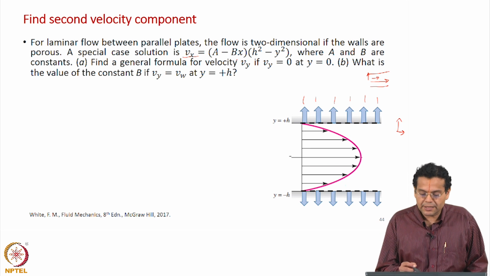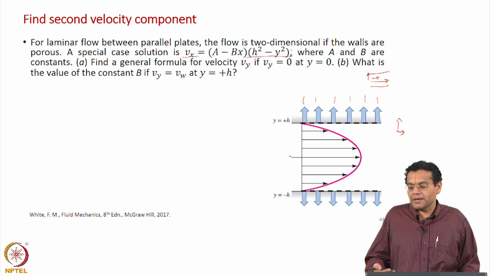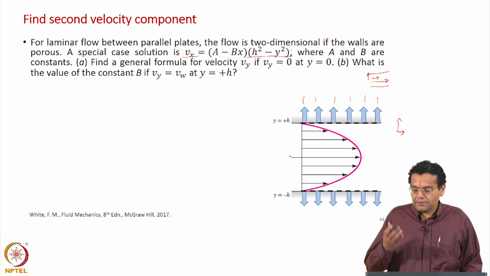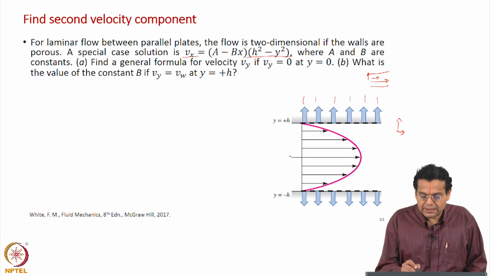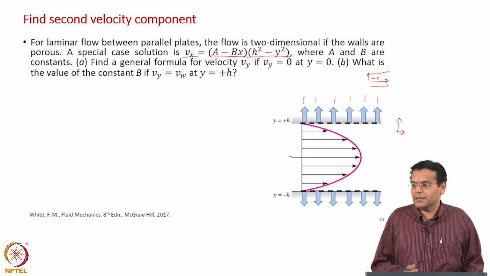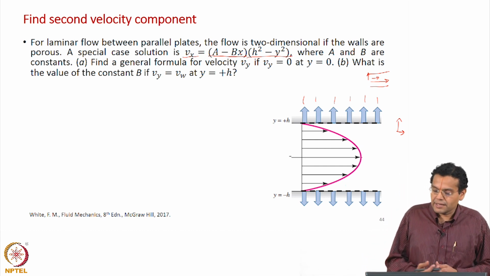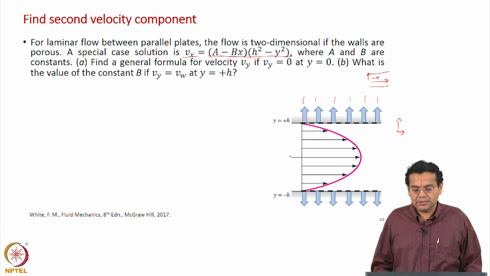Look at the expression, it has 2 terms, h squared minus y squared, that term tells you the variation along the y direction. Now, we have seen that physically the velocity should decrease along the x direction, that is denoted by a minus b x. It has a minus b x term, which means that the velocity decreases along the x direction, where a and b are constants. Now, what is it that we are asked to find out?